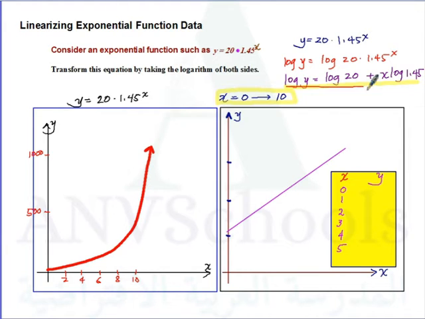And then we are going to get the graph of our log y. This is our log y. Okay, this is our y. Okay? So our log y would be, for log of 20, log 20 plus, if our x is 0, so that would be 1.30 approximately. Okay, if our x is 1, then that's log 20 plus 1, log 1.45. That's approximately 1.46. If my x is 2,